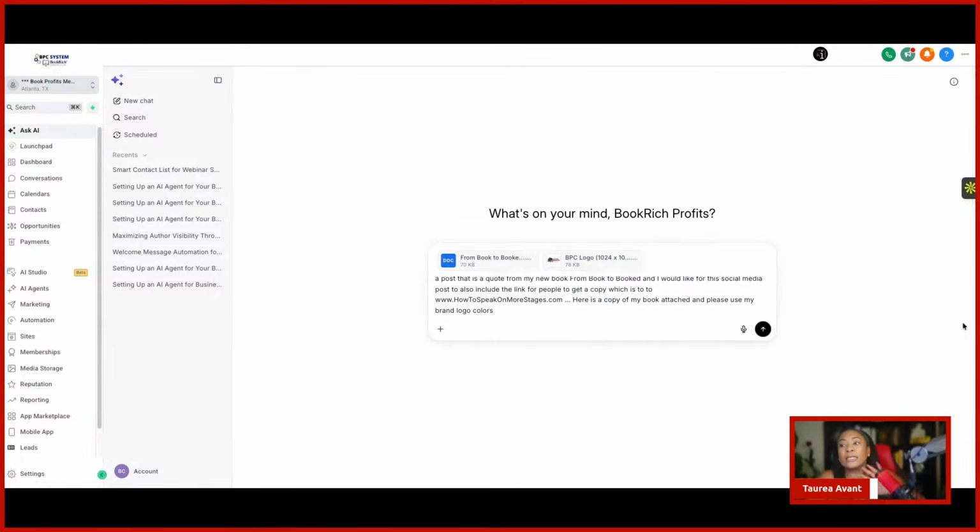And so literally, this is the thing with social media. Sometimes we overcomplicate it. I mean, with AI, we overcomplicate it. But you want to talk to your AI like you would be talking to someone that you're hiring for a job, right? So you want to talk to your AI in that simple way.